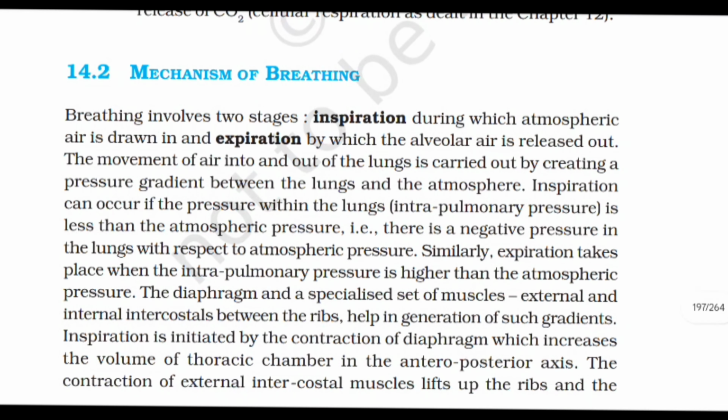Mechanism of breathing. Breathing involves two stages: inspiration, during which atmospheric air is drawn in, and expiration, by which the alveolar air is released out. The movement of air into and out of the lungs is carried out by creating a pressure gradient between the